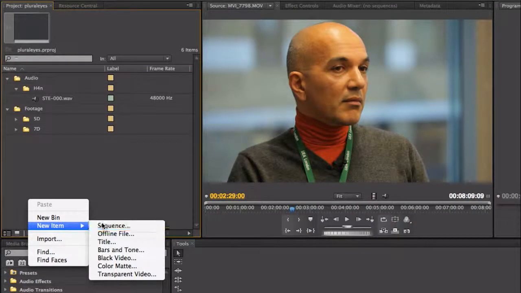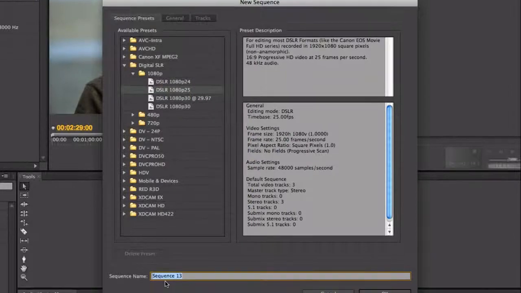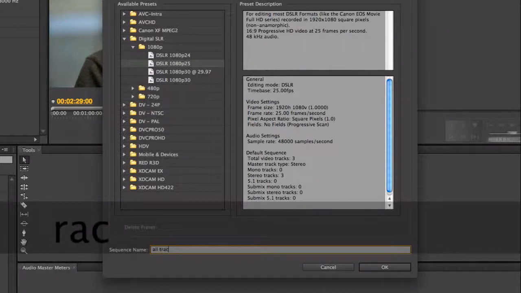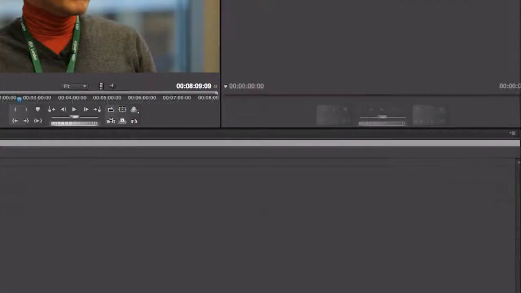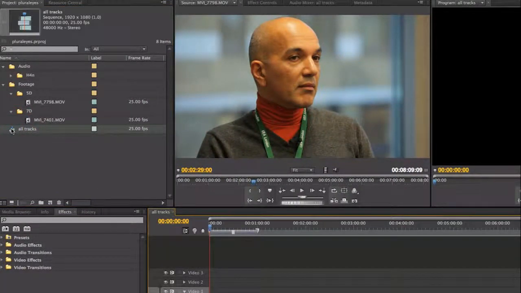So we go new item sequence, and for this example I'm going to use DSLR 1080p 25 because that's the format which I've been shooting in. I'm going to call my sequence down here, I'm going to call this one all tracks. Say OK to that. Okay, so we're going to open up our new sequence, and then what we need to